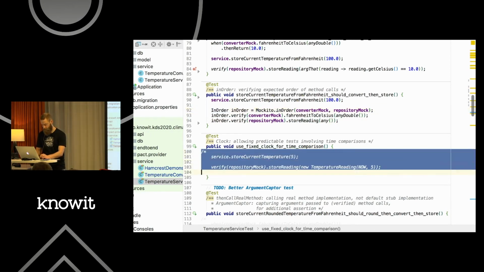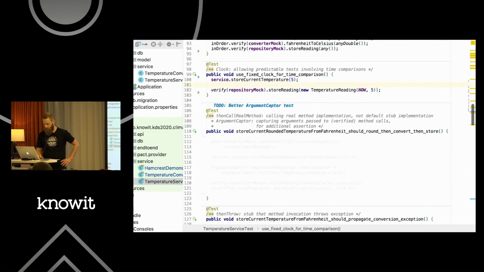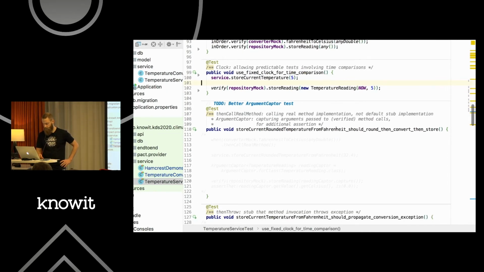You can check, let me see. So you can check that, yeah, so you can use,